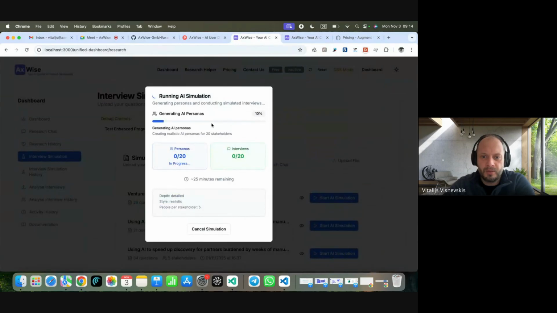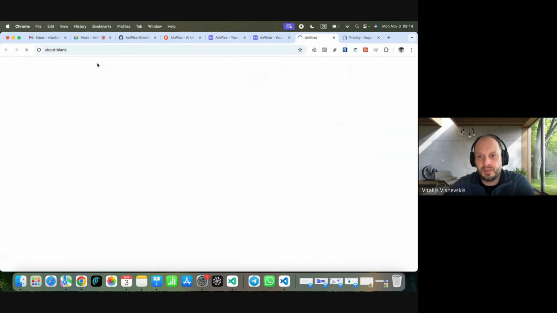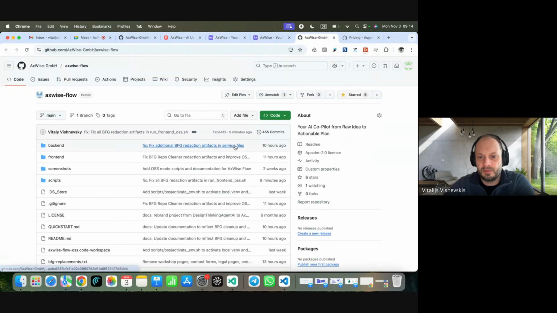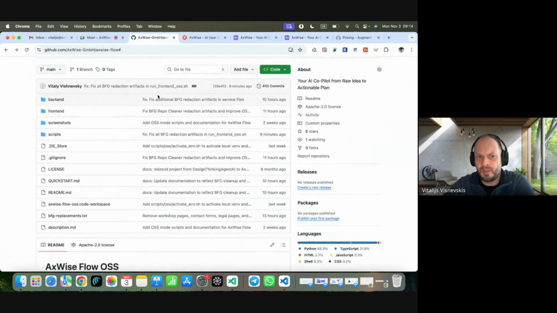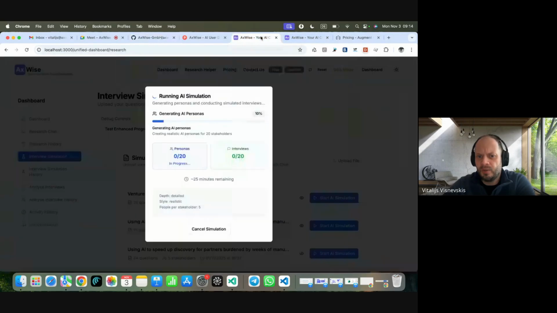Okay, let's go here. Look at what is happening. It's still at 10%. I hope it won't hang. The version on the website I will update later on. The link is correct to the repository. It takes you to the open source version, so you don't have to remember the GitHub every time. But it's a little bit outdated. I will update it during the day, because I had to match the open source version and this one.